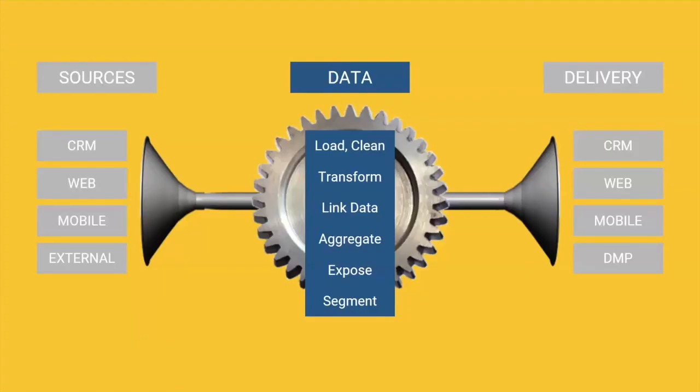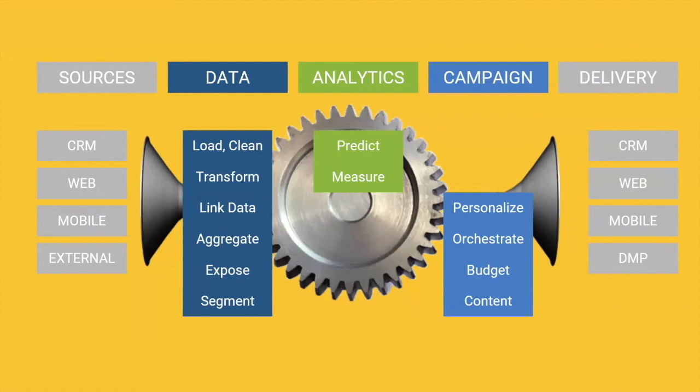So all CDPs, again, do this core data processing function. They load data, they clean it, they transform it, they link it up by customer, they create aggregates like lifetime value calculations or model scores. They then expose it, and they'll actually have a segmentation capability too, so they can push out audiences rather than simply exposing the data and having another system come and access it to pull out audiences. And then again, they could just connect to your delivery systems. That's perfectly fine. But in reality, you often have other capabilities that you need to fulfill: